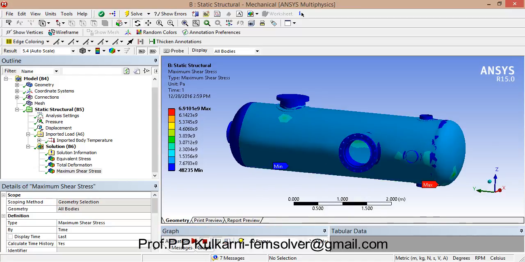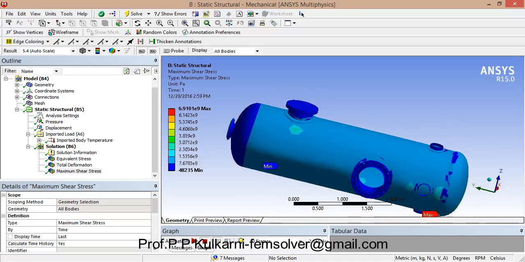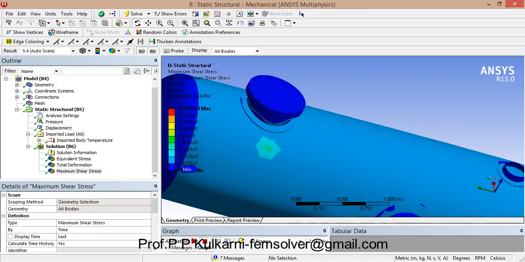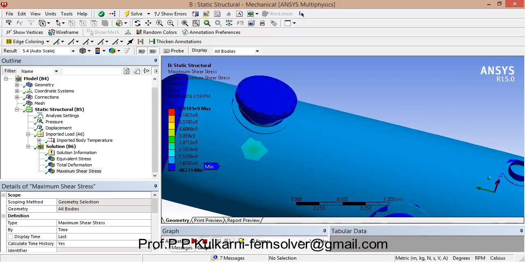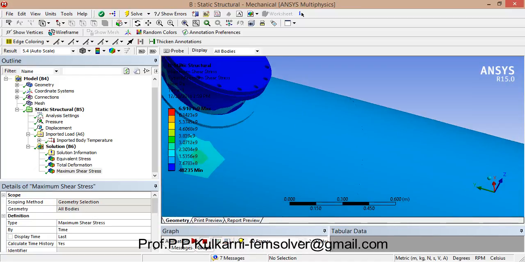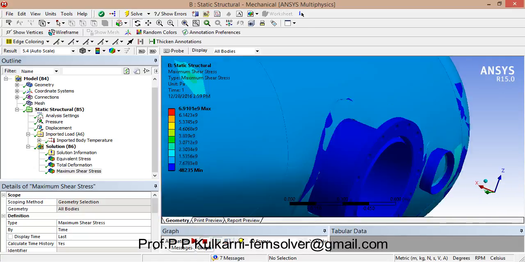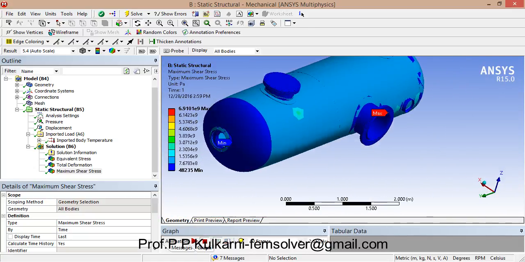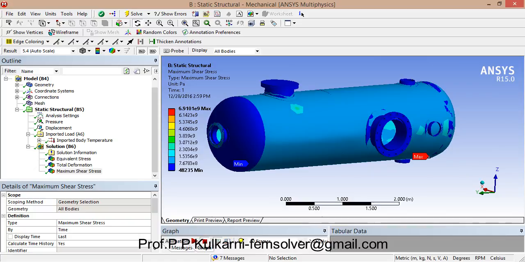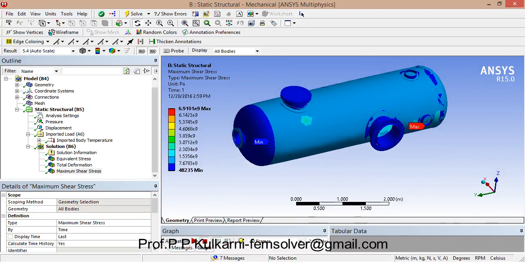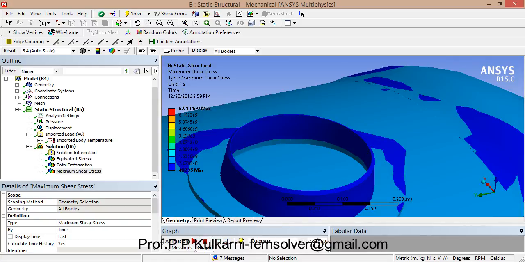Now you see, in a company, one of my friends was asking how to find out localized stresses near the nozzle. So here is the nozzle area. These openings are nozzle areas. Listen, at these openings nozzles are attached. Are you getting? So in this corner,